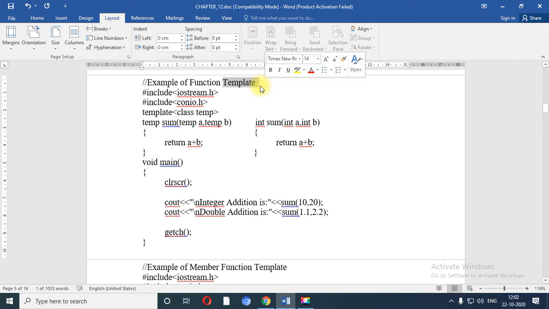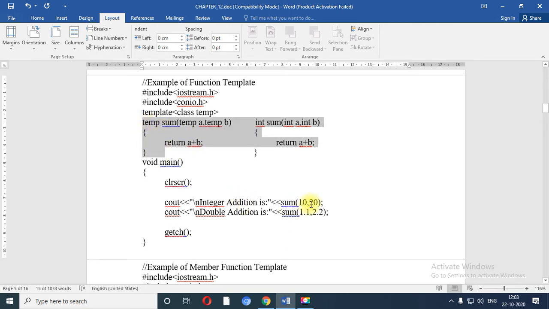And what is the use of a template? You do not need to mention the data type of any variable. Instead of that, you need to write template. So in future, based on your data, it will automatically replace the data type. So for the first time, we are going to pass integer data. So over here it will replace integer and it will return the answer as an integer. For the second time, we are having double data, so temp will be replaced by double and it will return a double answer.